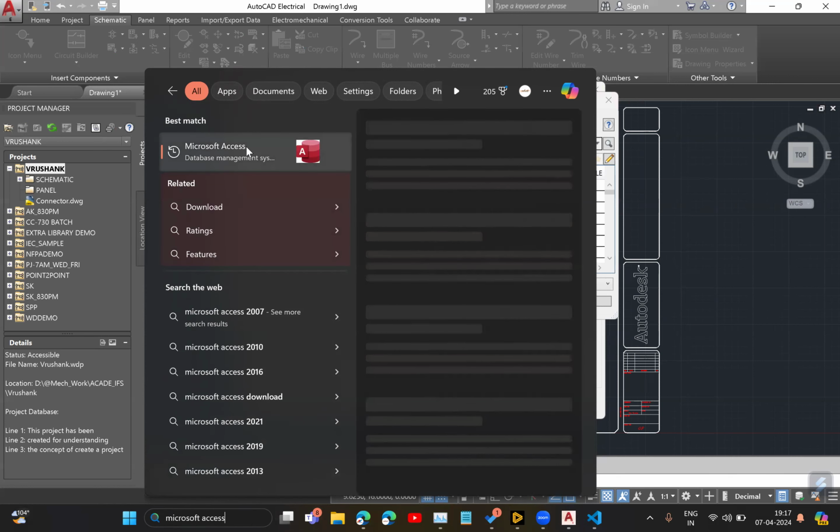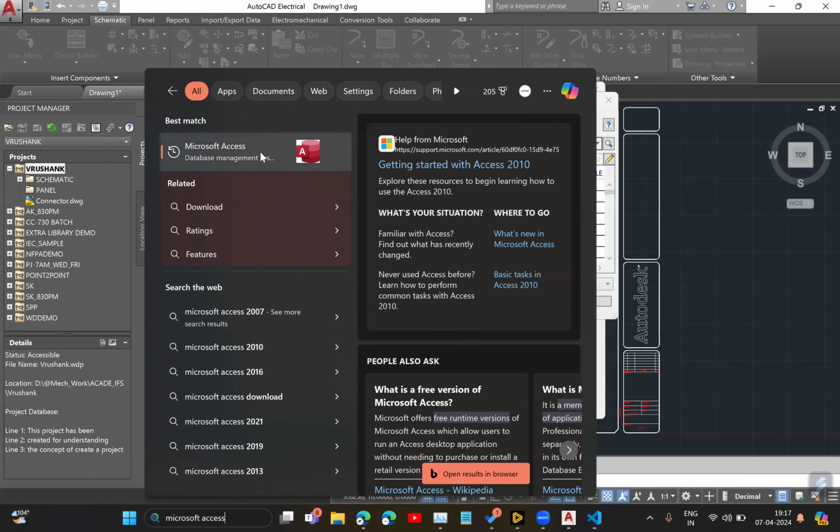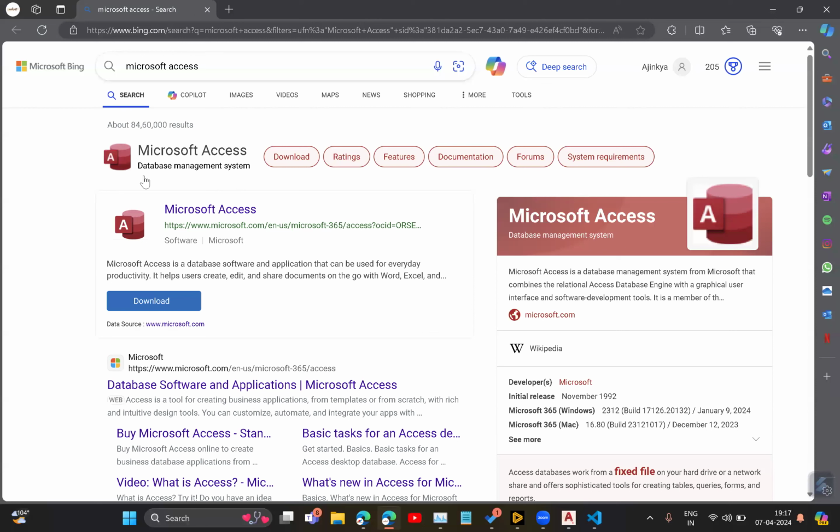Here it is, Microsoft SS database. So this is the tool which stores the data in AutoCAD, but it is quite difficult to make changes by using this particular user interface or that